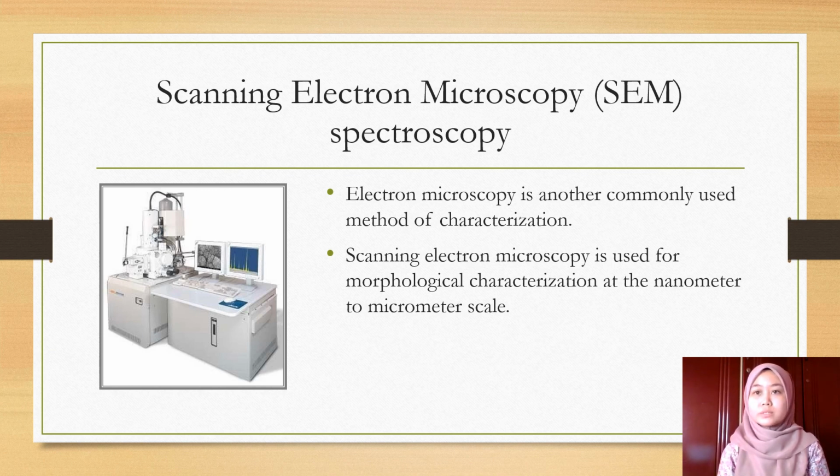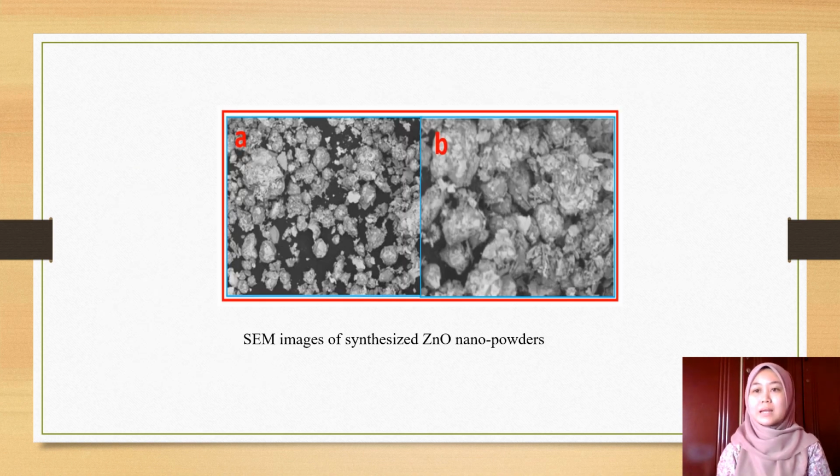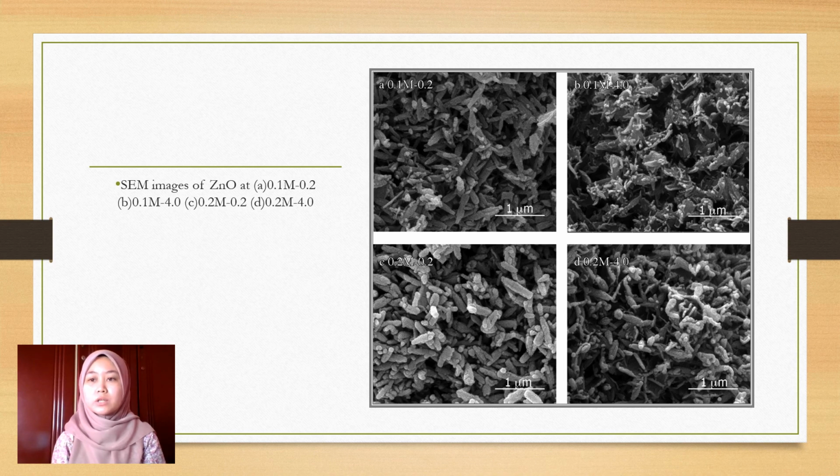As we all know, SEM is used for morphological characterization at the nanometer to micrometer scale. This slide shows the SEM image of zinc oxide nanoparticles using banana peel powder. In this image, we can clearly see the size, shape, and morphology of the zinc oxide nanoparticles. Next, the SEM image of zinc oxide at different concentrations of zinc acetate